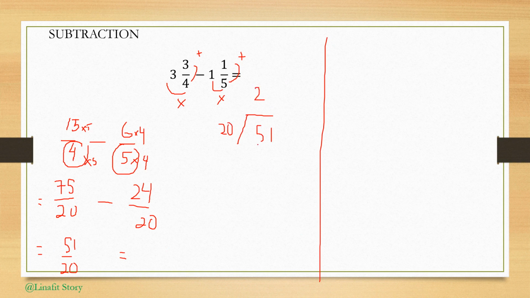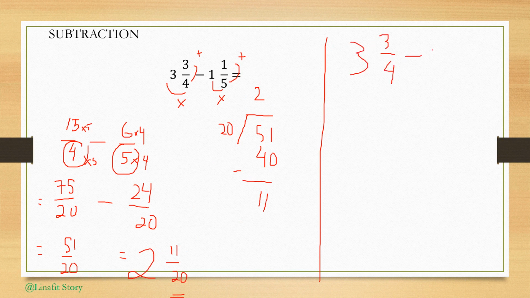equals 2. 20 times 2 equals 40. So subtract 40 from 51 equals 11. So the answer: 51 out of 20 equals 2, 11 out of 20. Or another way to solve this question is